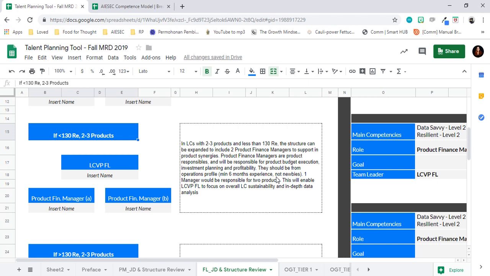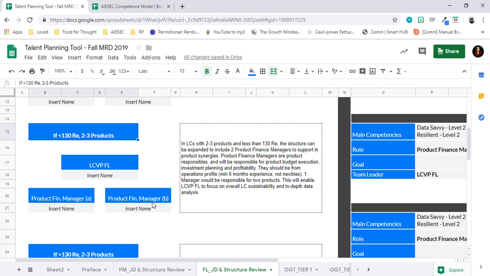If you have 2 products, then you can have 2 managers, one for each product. But if you're running 3 products, then the suggestion is that one manager will take on 2 products. So maybe you can look into the heaviness of the role itself. For example, if you have more IGV projects, then your finance manager will just manage one IGV. And if you have, for example, OGV and another product which is running at a smaller scale, then you can have the second manager take on those 2 products.